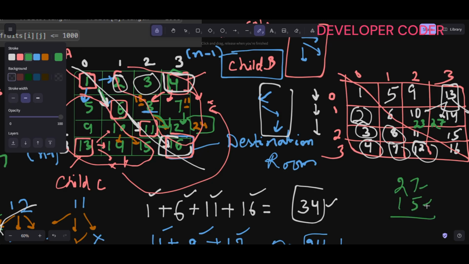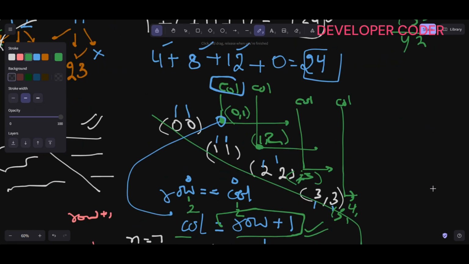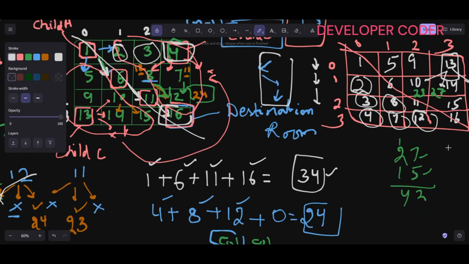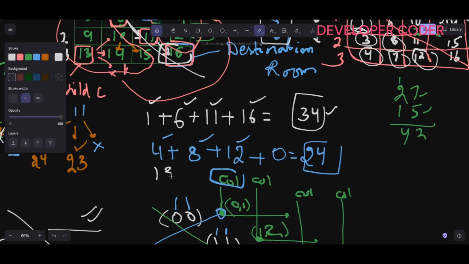7 and 5 is nothing but 12. 2, 3, 4, 42. So this is what I'm going to get. Now here, if I just write 13, 14, this is what I have right now, 13, 14, 15. 13 plus 14 plus 15 and plus 0, so I'm getting 42. So now if you do the total, 4, 4, 8, 9, 10, 1 here, 3, 4, 5, 6,